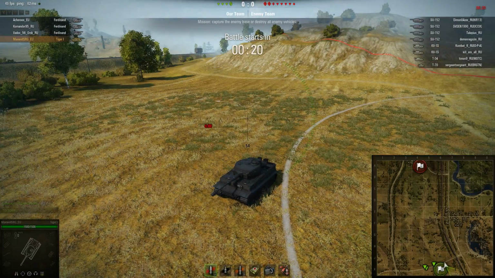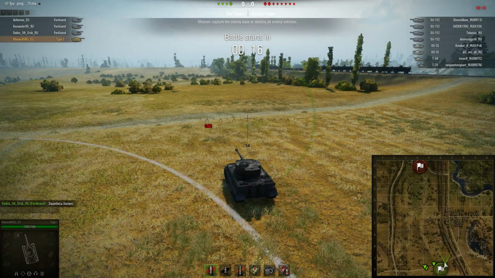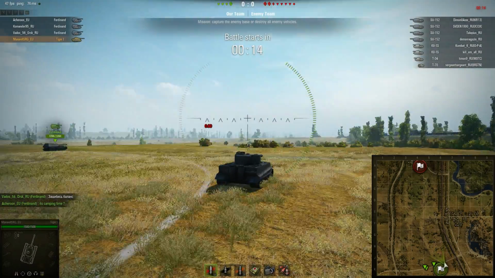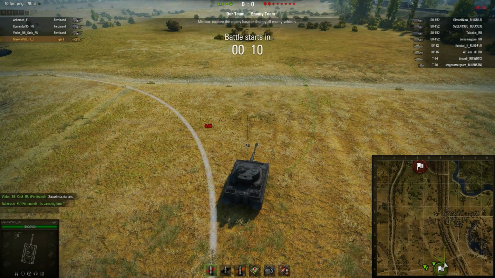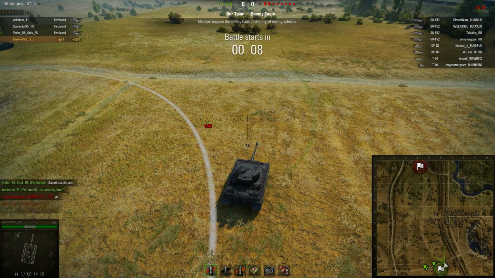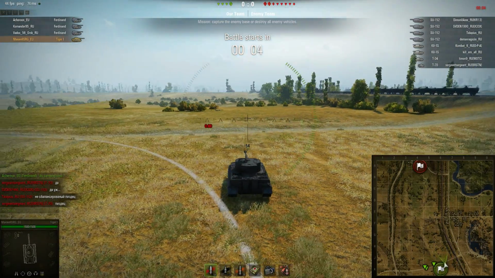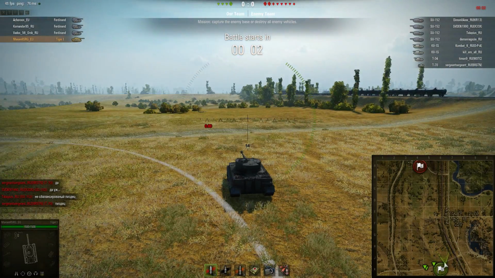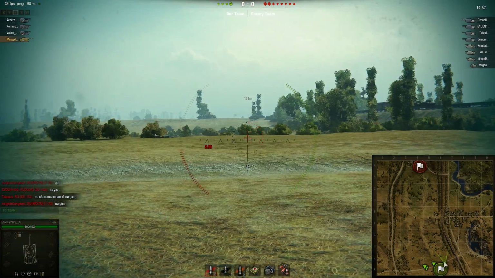You will notice as well that the maps have had a graphical update. They look a bit different and a bit nicer. The other thing is the matchmaking's gone a bit pissed here, as we have 3 Ferdinands and myself versus a whole bunch of SU-152s and KV-1Ss. The one thing I would say, I probably don't think the KV-1Ss are going to have the ridiculous 122 mil. I think they're probably only going to have...